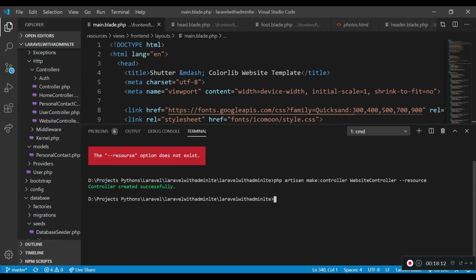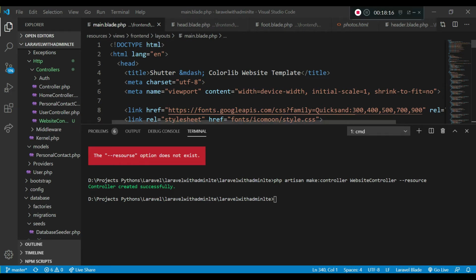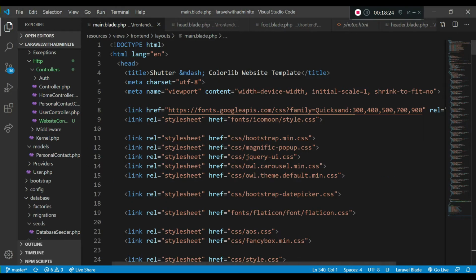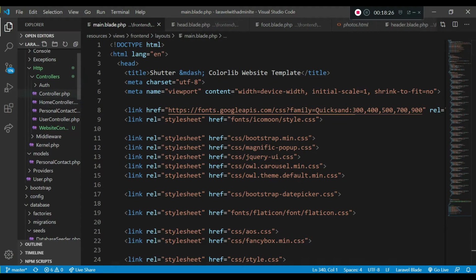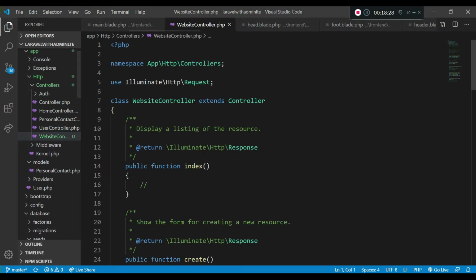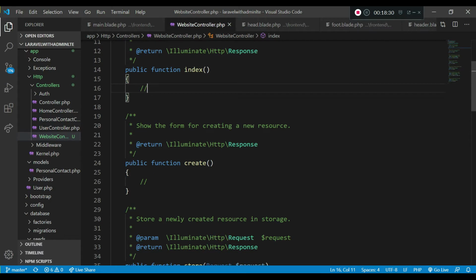So let's do it. Put it in the upward. The controller has been successfully made, so I don't need this one. Let's go towards our controller. Here is the controller, I need the index one. So return,